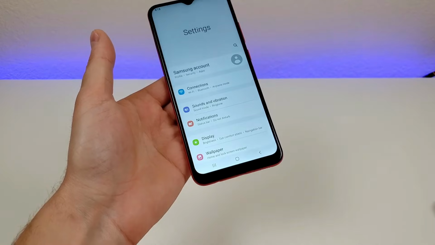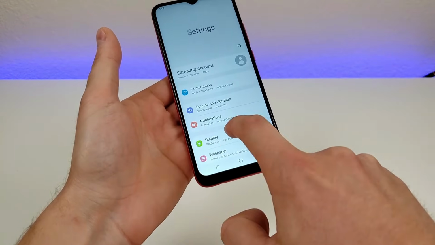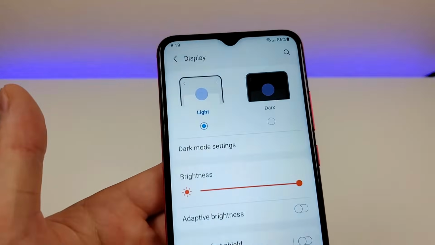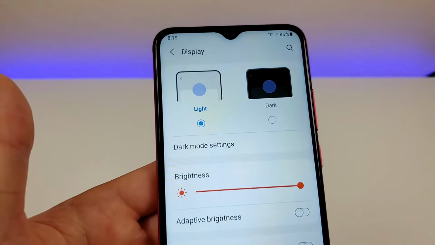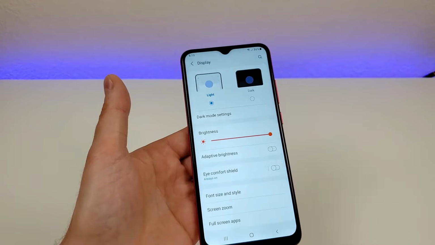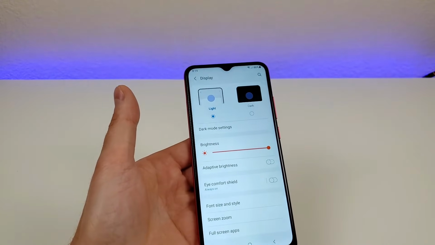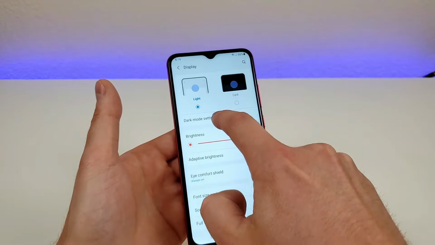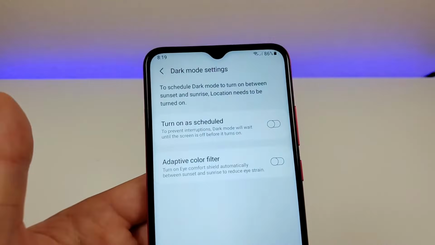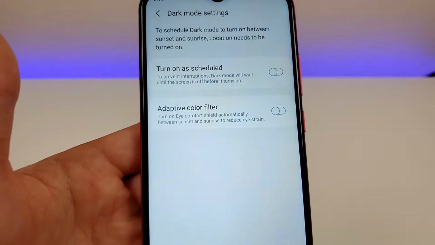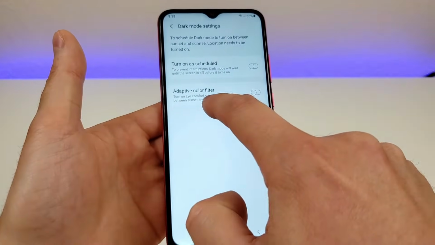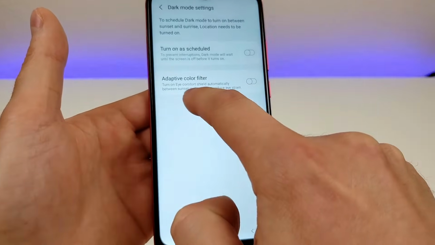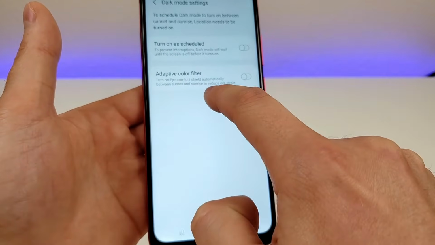Now another option here is called display settings. Many of these things in here might be familiar to you. However, you can see right here we do have dark mode. The phone is set to light mode by default. However, in many situations, especially if it's darker outside, I can see dark mode coming in handy, but there are further customizations here. You can actually set a schedule for dark mode, and you can also enable adaptive color filter. It will turn on eye comfort shield automatically between sunset and sunrise to reduce the strain on your